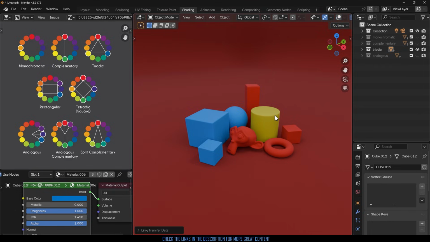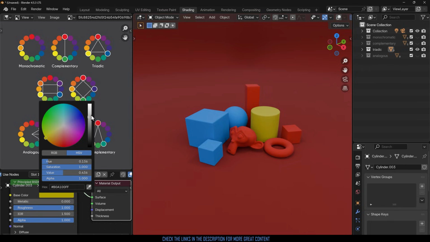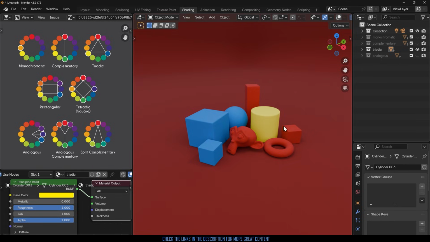Our eyes will tend to look for that individual color here and then go across to these ones second, because they also stand out against the mainly red color we've got in the entire scene. So you can manipulate people and give them an order in the way they look using colors. And again, we can also use the value to increase the brightness of a certain object to make it stand